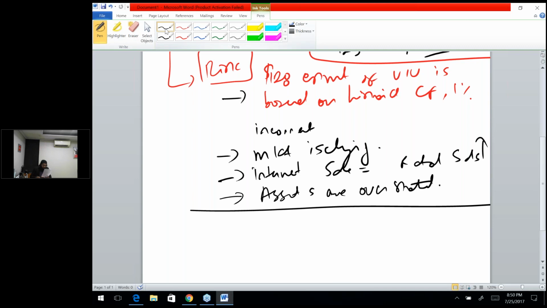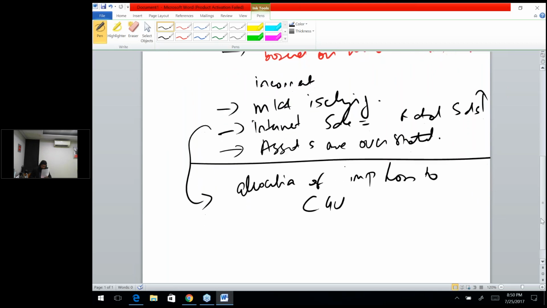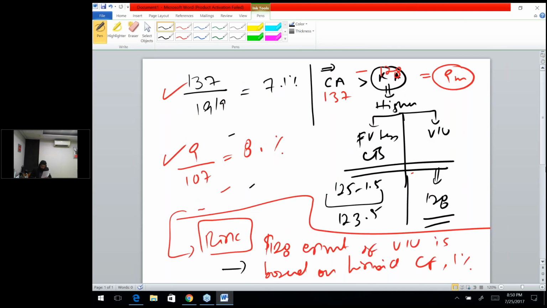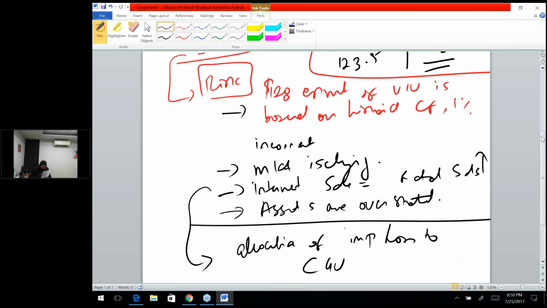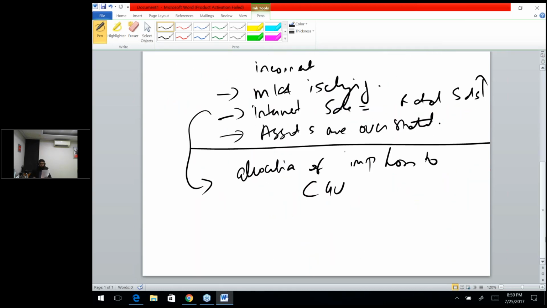So that is one thing, and furthermore there could also be another issue, which is the allocation of impairment loss to the cash generating unit. You've allocated this impairment loss to the cash generating unit. So now generally you would say that this is a material item because it constitutes 7% of the total assets and 8% of the profit before tax, and furthermore the accounting treatment apparently seems to be okay, but there are problems with respect to